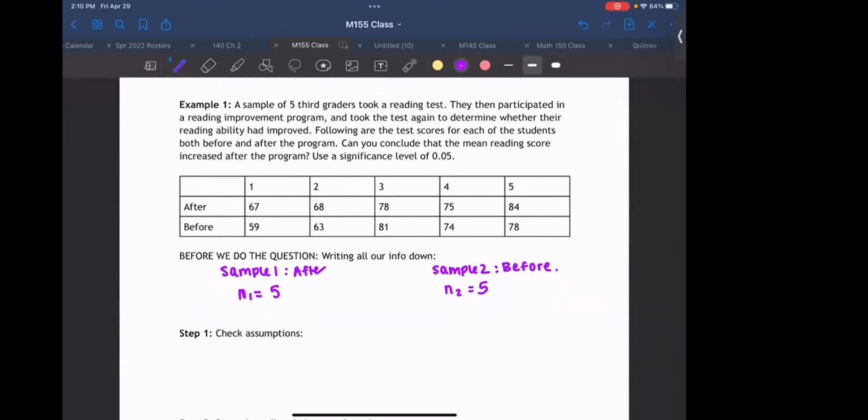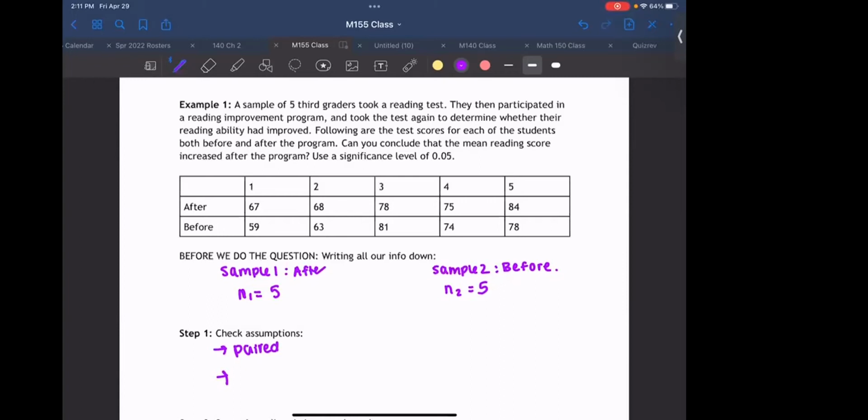Paired, right? Because it looks like student 1 has an after and before. Student 2 has an after and before. And you can pair each of these together, right? So this is definitely paired. Okay. Second, I think the most important assumption to make here is, let's take a look at the